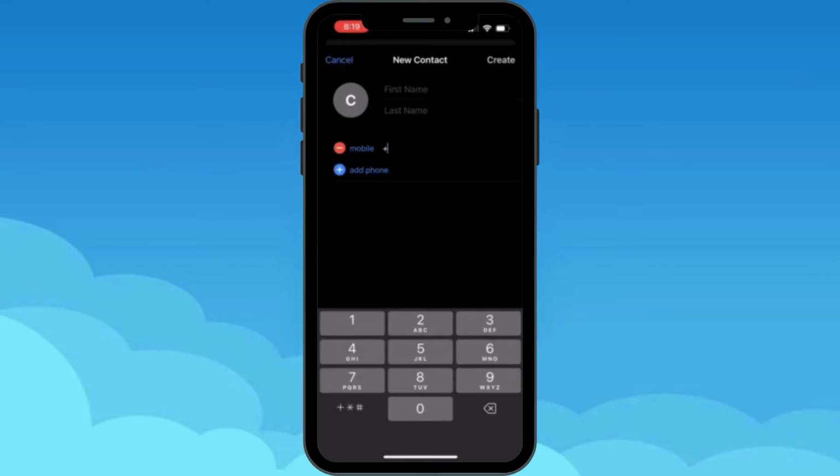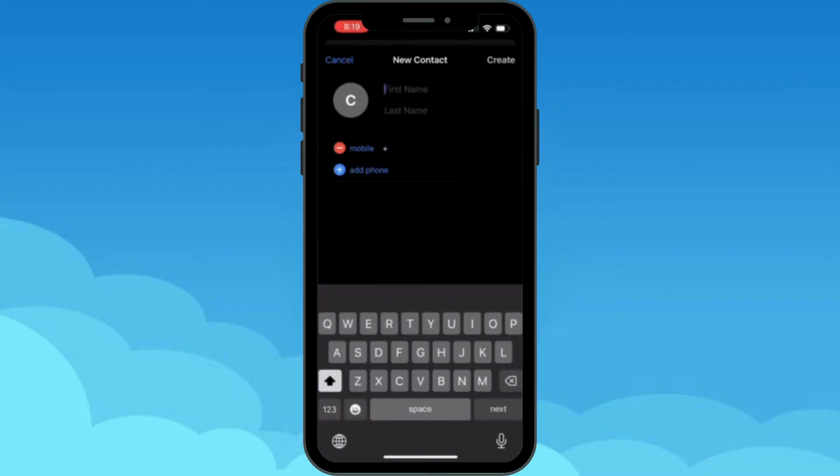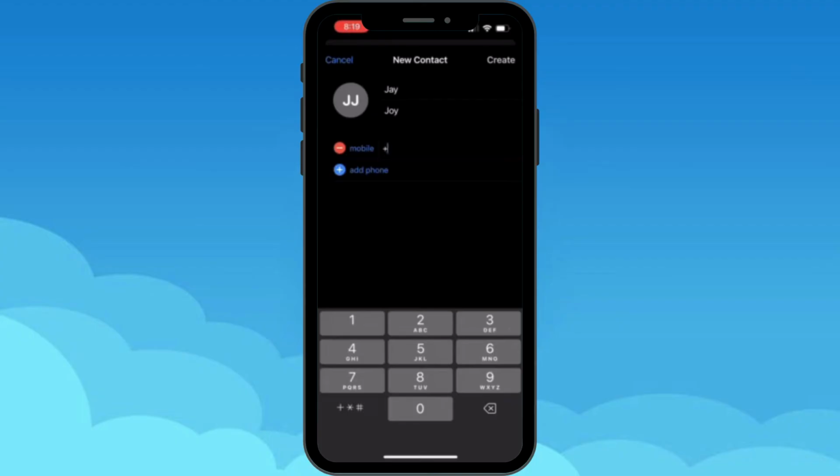Now all you gotta do is type in that person's name you wanna add, and his or her last name, and the contact number. So let's do that. And all you gotta do is hit that create button,